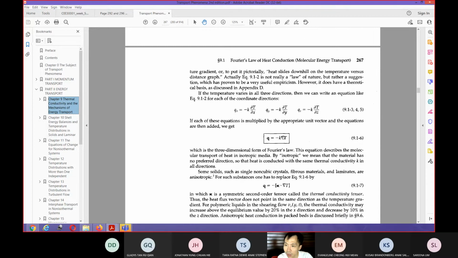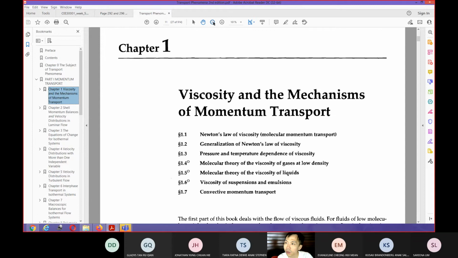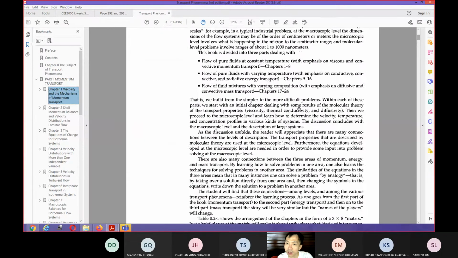So this one is in here. This is the upside down triangle. This term in here will be equal to del T over del x plus del T over del y plus del T over del z. You can check it also in the part 1 momentum transport. I think they also describe this diff in there, in order for you to get it.